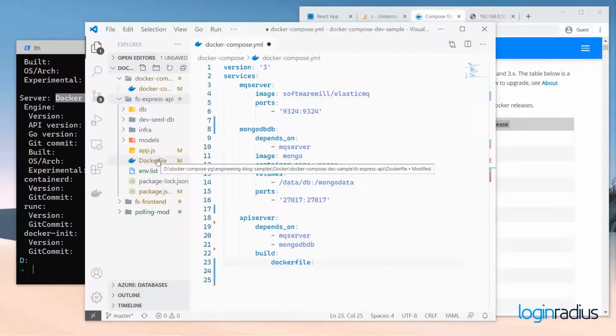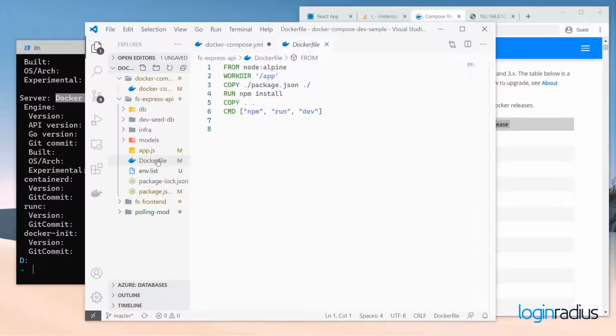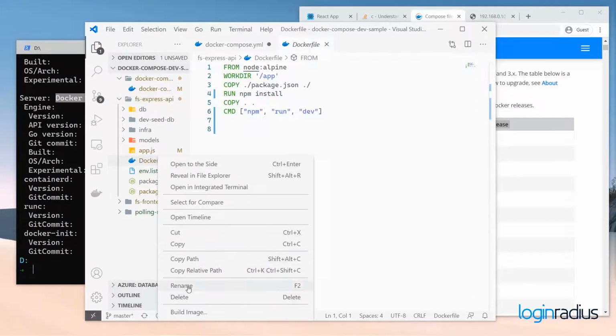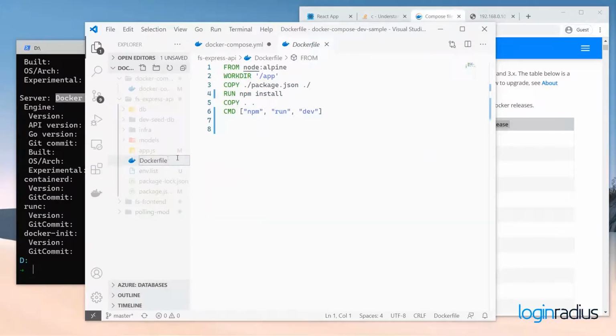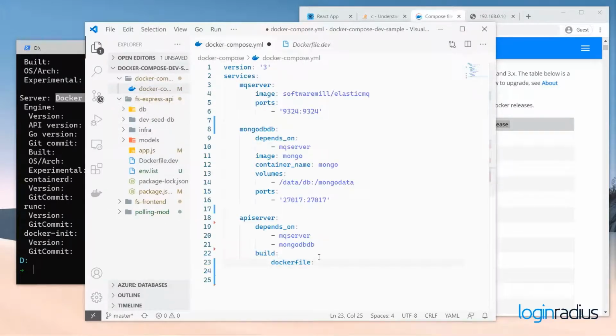You can create a Dockerfile with the name dockerfile.dev, and you can mention it like this as well. So should you have multiple versions of your settings,